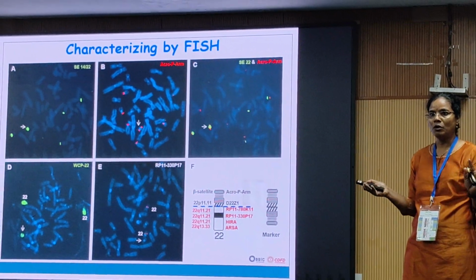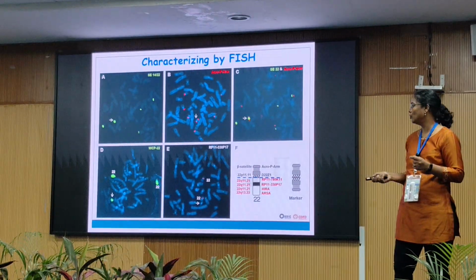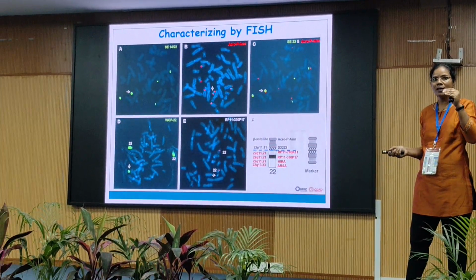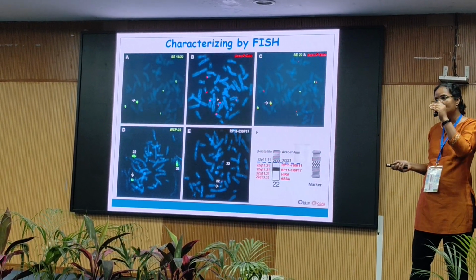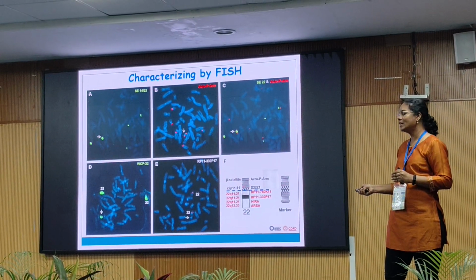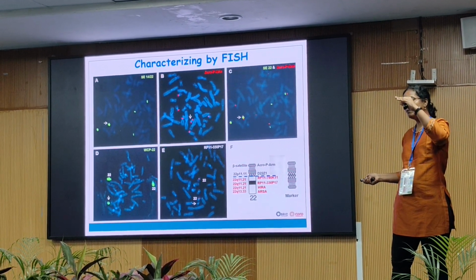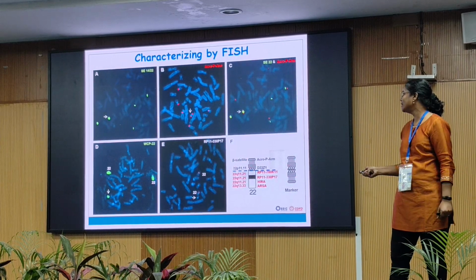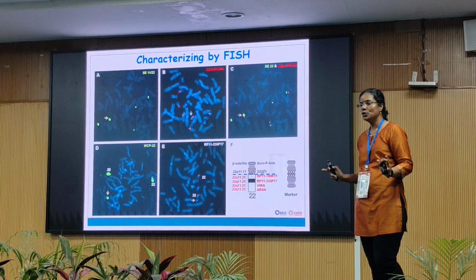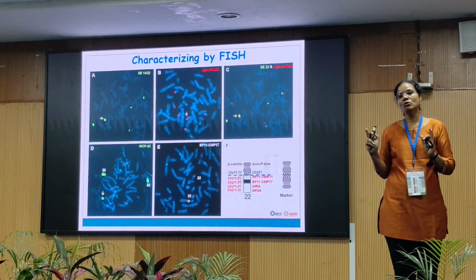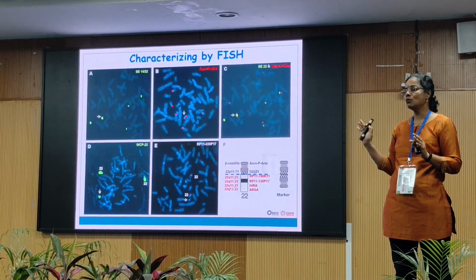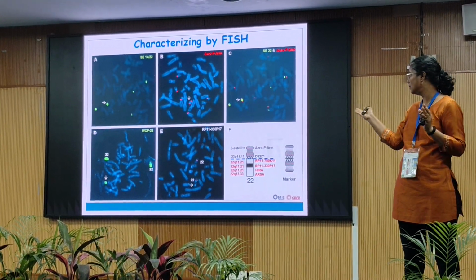But one thing we have to rule out, because it is from chromosome 22, we wanted to check whether there could be any euchromatic region of 22. So we got the nearest clone starting from just below the centromere, and we did a FISH and it showed no signal. That means there is no euchromatic region present. So this case is solved. So we know that this is a marker comprising only of a centromere 22 and then the satellites.